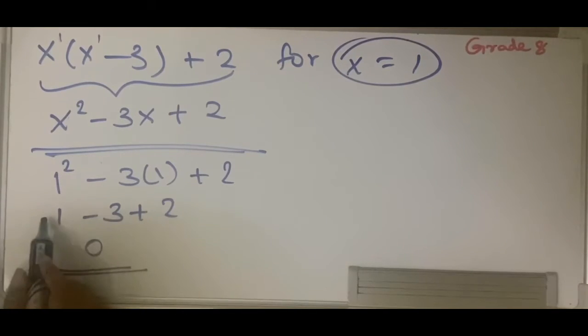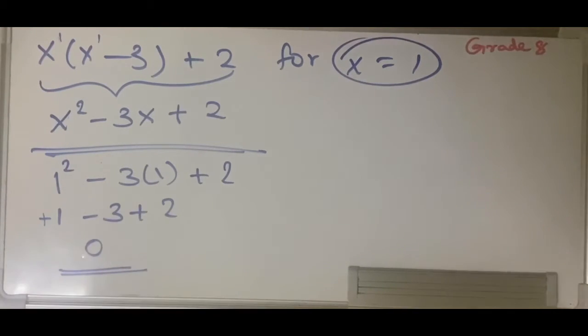1 minus 3 would give you minus 2, right? Different sign to do the subtraction, put the sign of biggest number into the answer. So you get minus 2 plus 2 which will be equal to 0. Clear? So this is another form. They will simply ask you to simplify the expression further and then evaluate it by using the value of x given. Let's look into a similar kind of example.